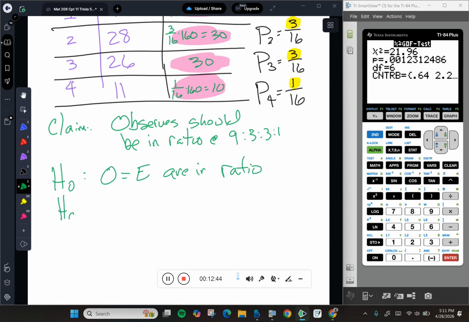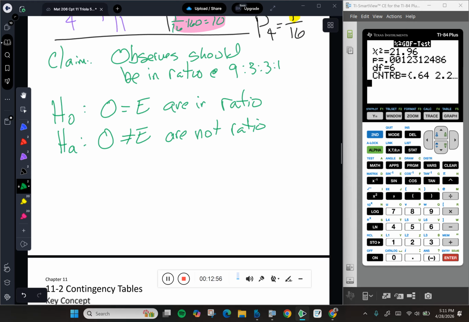My alternate would be that the observed does not match the expected, that they are not in that ratio. My data is the table above, and I just noticed something. When I copied this over, I didn't grab the